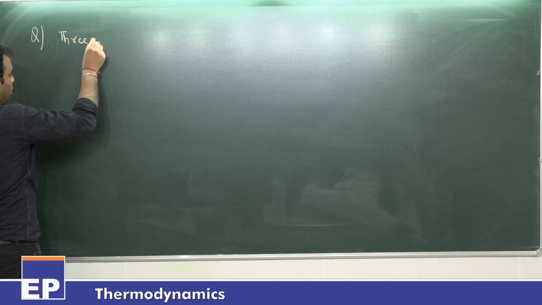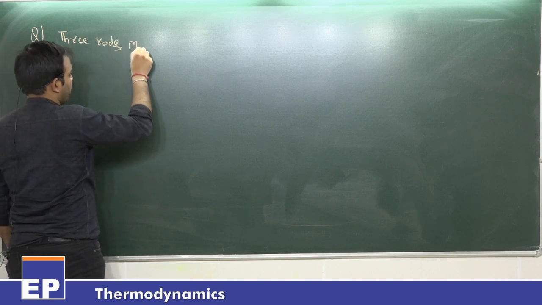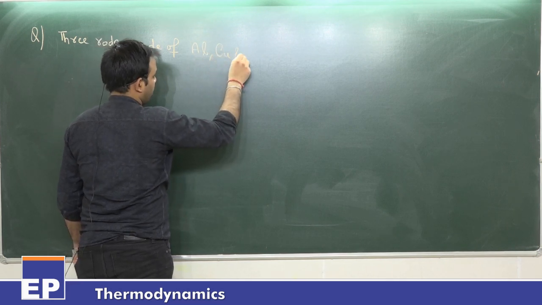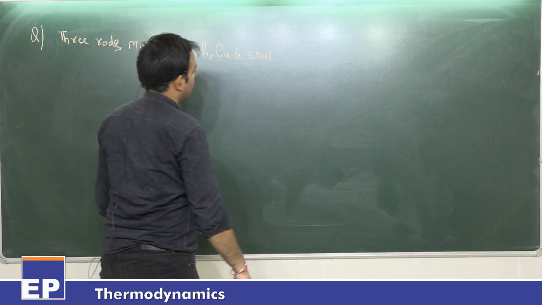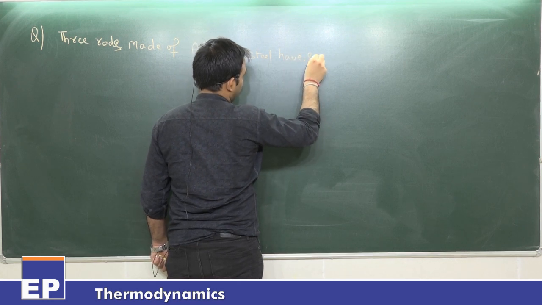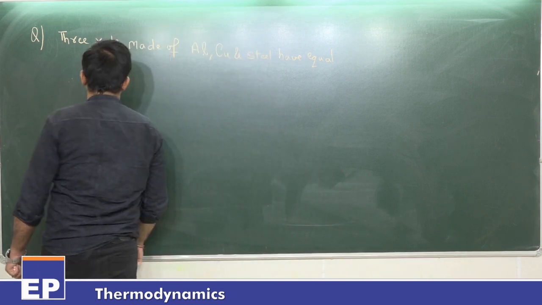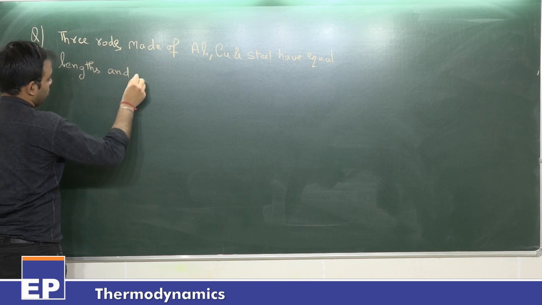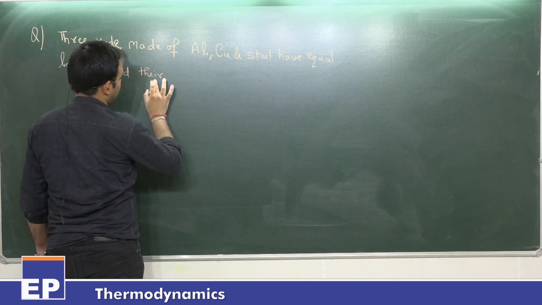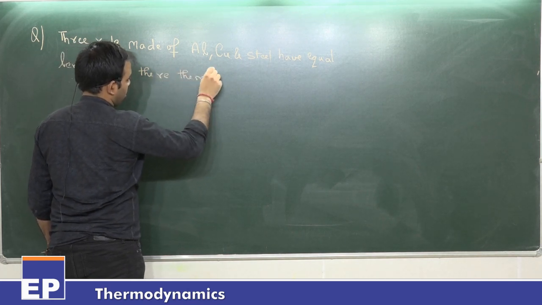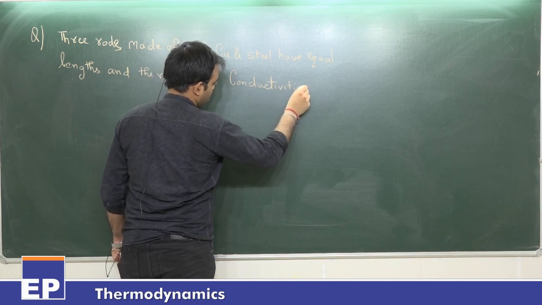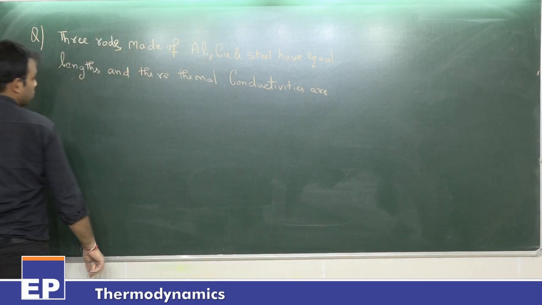Next is 3 rods made up of copper, aluminium, copper and steel have equal lengths and their thermal conductivities are 200